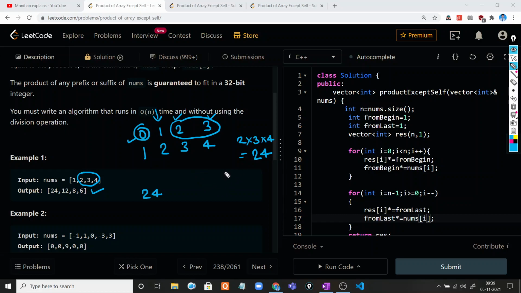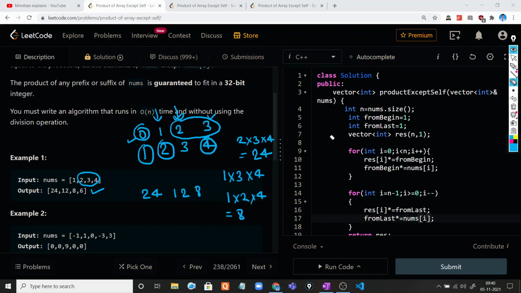If you multiply the values present at those indexes, it gives 1 into 3 into 4, which is 12. And similarly for the second index, its value is 1 into 2 into 4, so it gives 8.